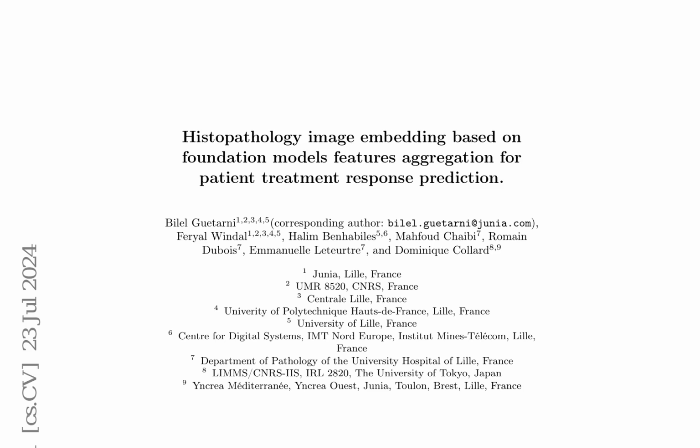In the realm of cancer diagnosis, predicting a patient's response to treatment is crucial for improving survival rates and treatment outcomes. This paper proposes a novel methodology for predicting the treatment response of diffuse large B-cell lymphoma, DLBCL, patients from whole slide images, WSI. The method leverages several foundation models as patch-based feature extractors, aggregating these features into a local representation of the image. A global representation of the WSI is then obtained by aggregating these local representations using attention-based